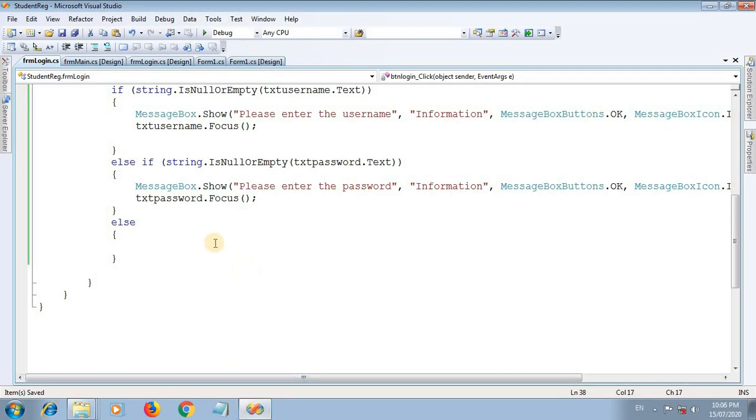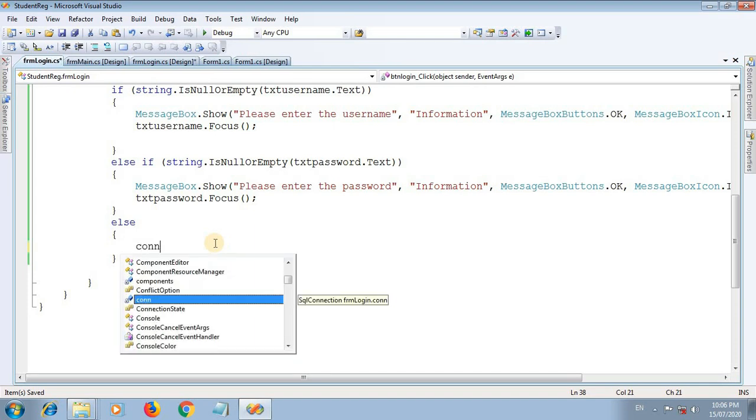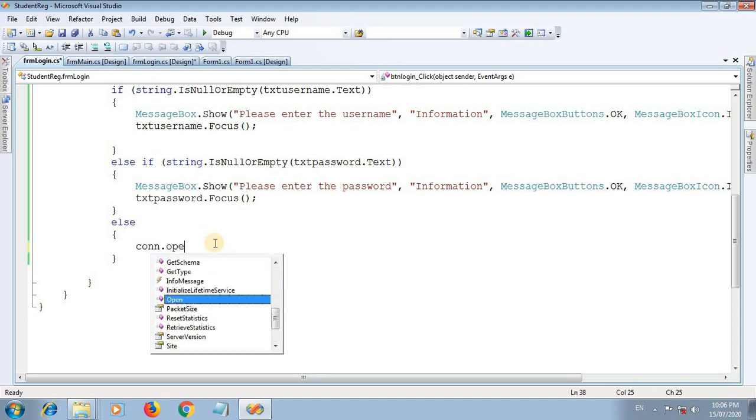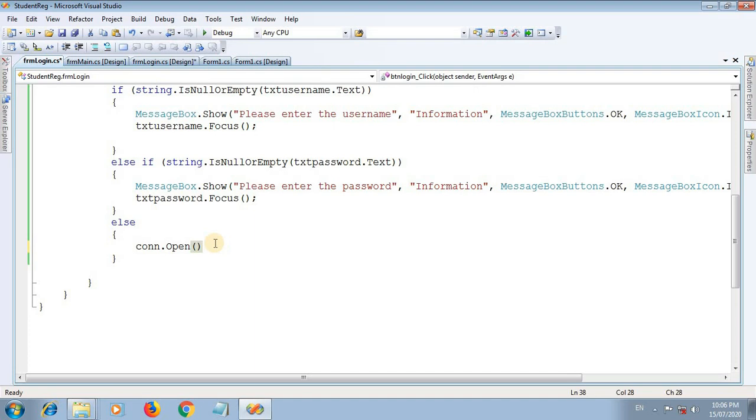How can we open the connection? There is a method called connection.Open. First you need to open the connection with your database. After opening the connection, you have to pass some command. How can we pass the command?